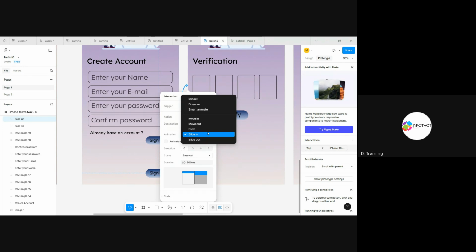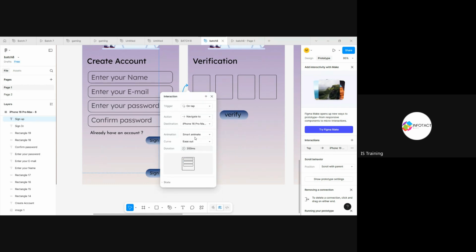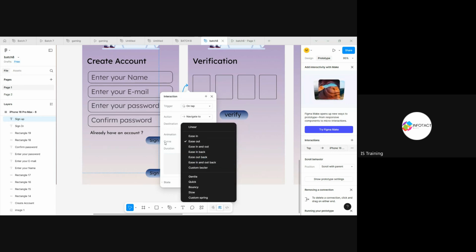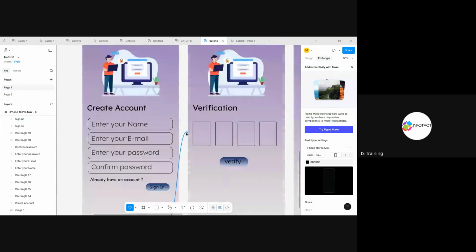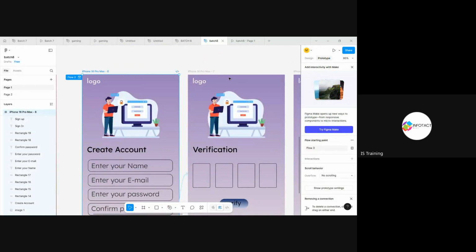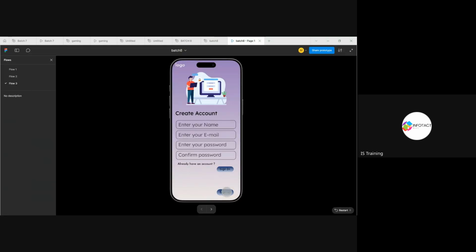In this animation part, we will go with smart animation. As I click on smart animation, you can see there is an option of curve, which includes different further options. If I click on this bounce one, let's take an example, and I am changing its duration to 1200. Now let's see what's going to happen. We will go step by step. If I click on this sign up, for example,